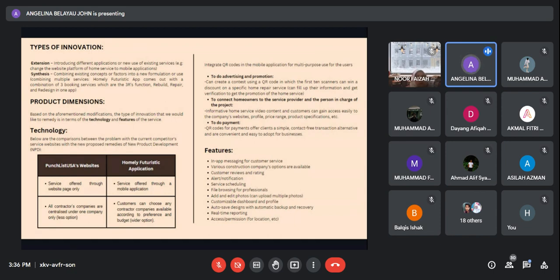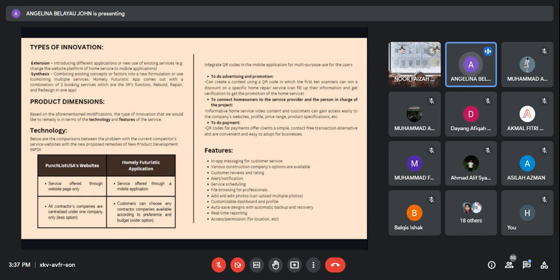But that's the problem. They are only reachable through websites, which can take much longer to load compared to mobile applications. So our group came out with the Homely Futuristic mobile application,